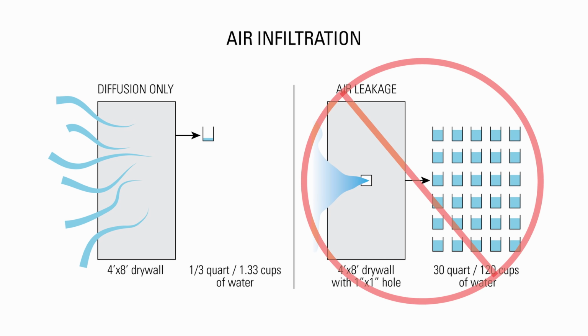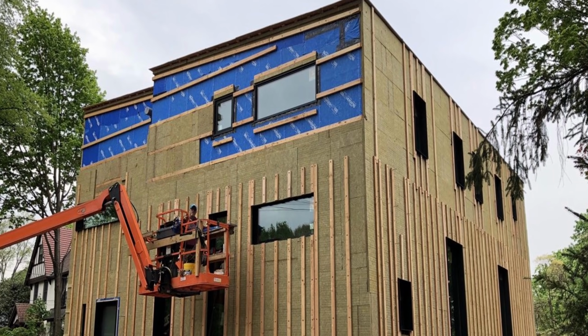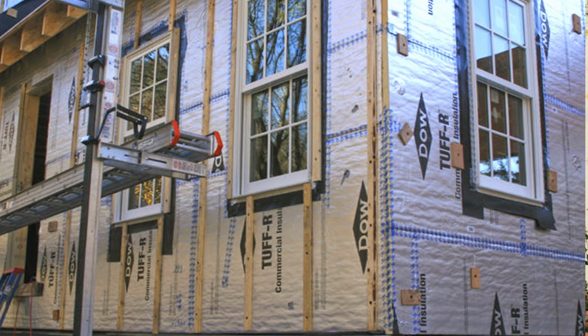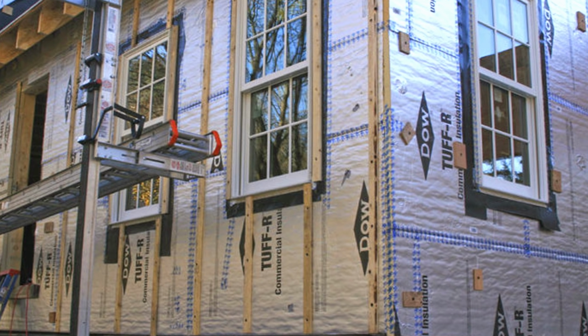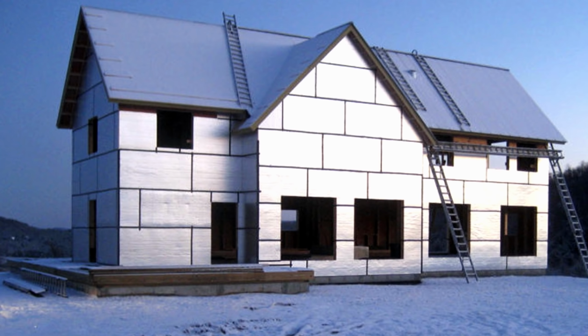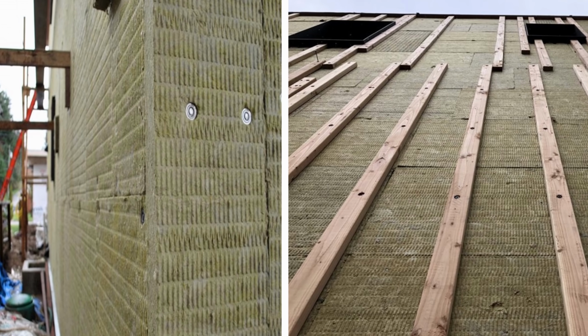There's a big push towards continuous exterior insulation like Rockwool Comfort Board to stop air infiltration and reduce thermal bridging. It is installed in front of the sheathing. Since we're building airtight homes, it's very important to control the moisture and relative humidity levels inside your home to slow down water vapor movement through your walls.